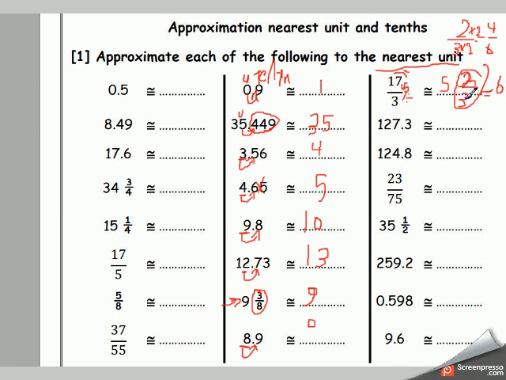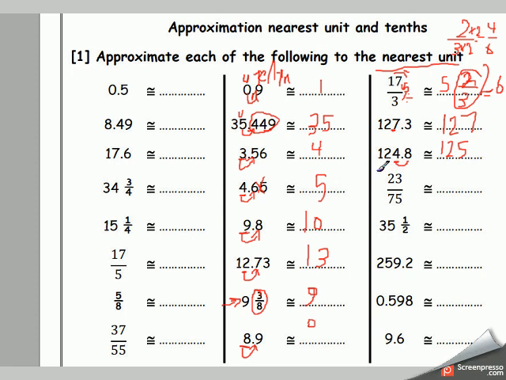This fraction is in a mixed number. When I want to approximate it to the nearest unit, I should check whether this fraction is weak or strong. This is not even, so I multiply by 2 up and down. 2 multiplied by 2 is 4. 3 multiplied by 2 is 6. 4 is greater than half of 6, so this fraction is strong, so 5 will be increased by 1 and become 6. The unit digit here is 7. 7 is not increased because the previous digit is weak, so the answer will be 127. This is 4. The previous digit is strong, so the answer will be